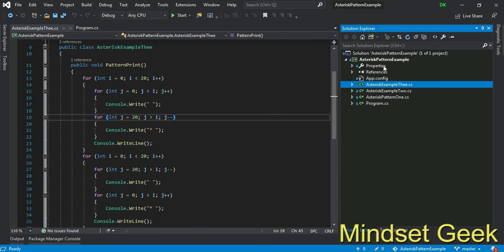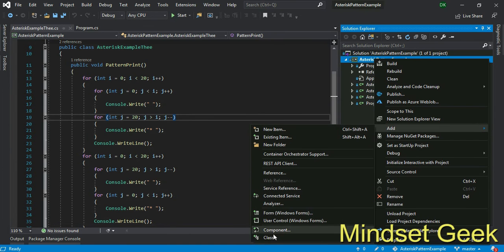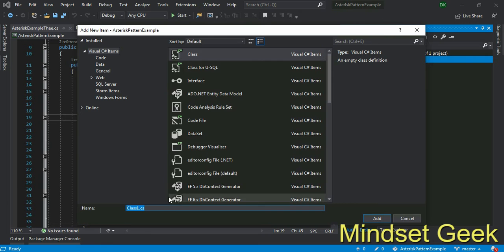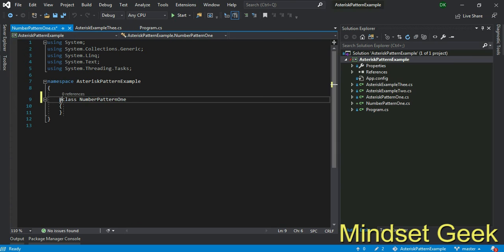I want to add a new class. Name this number pattern. Number pattern one. Make this class public.